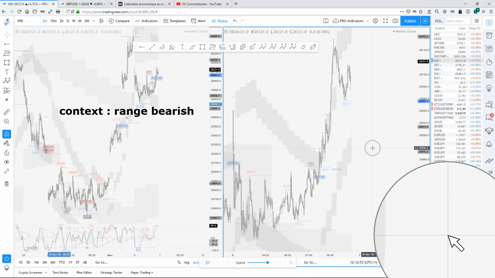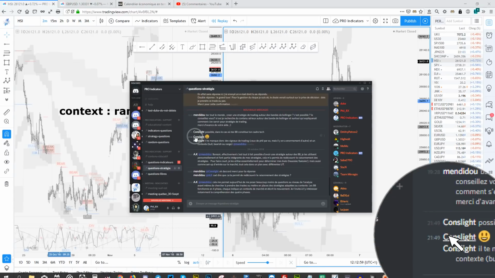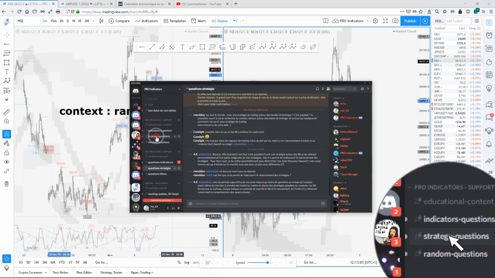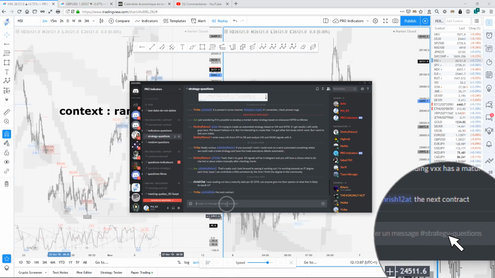So this is what we're going to do on those shows on Wednesday. We're going to use Discord for this. So basically, get yourself into Discord, enter the pro indicator support, and you've got the strategy question topic. You're going to get yourself in there and post your charts with your context and things like that. And if you want them to be reviewed, then we'll do it each and every Wednesday,